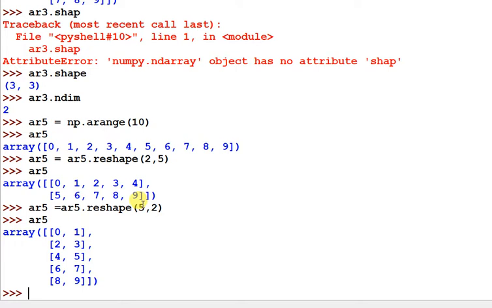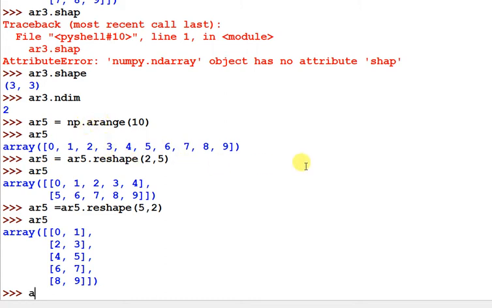So with the arange function, first you create a range of values and then you can reshape it into your required two-dimension array. So we have to use reshape whenever we create a two-dimension array. First you create a set of values through the np.arange function, and then you call this reshape function to reshape that array into a two-dimension array. You can type both commands in the same line.